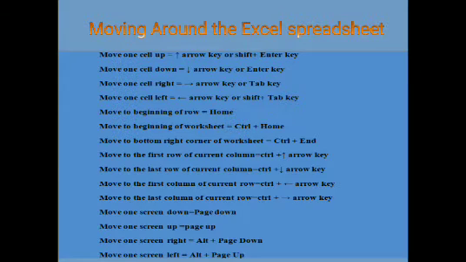Move one screen down. For example, at one time rows 1 to 24 are visible on one page. If I want to go to the next page down, we can use Page Down. Same like that, for the page up, Page Up. And for example, columns A to K are visible at one time. If I want to go to the right side screen, Alt plus Page Down, and same for moving one screen left, Alt plus Page Up. We will do it practically also. Now after explaining this, we will do all these shortcuts practically.